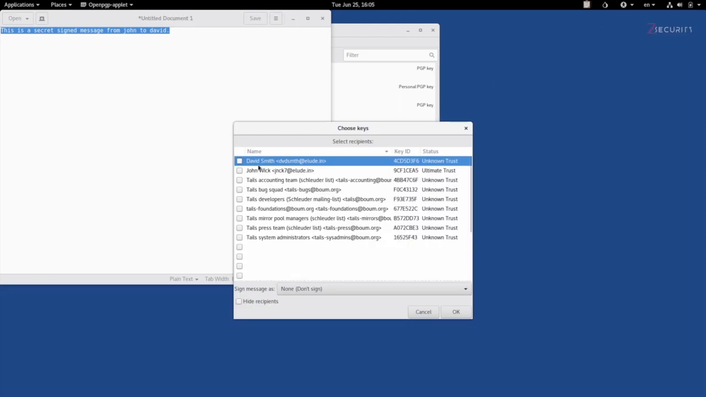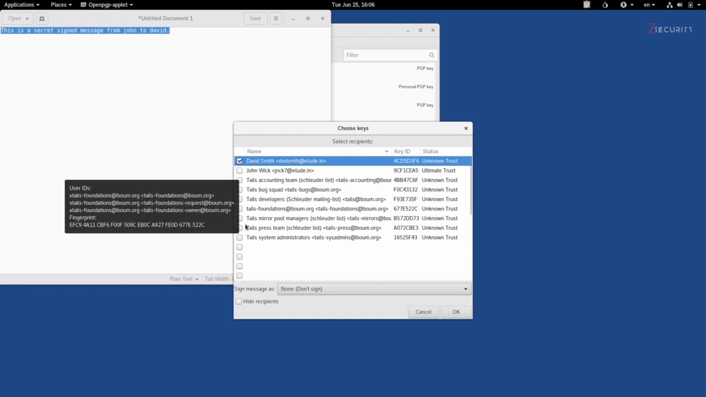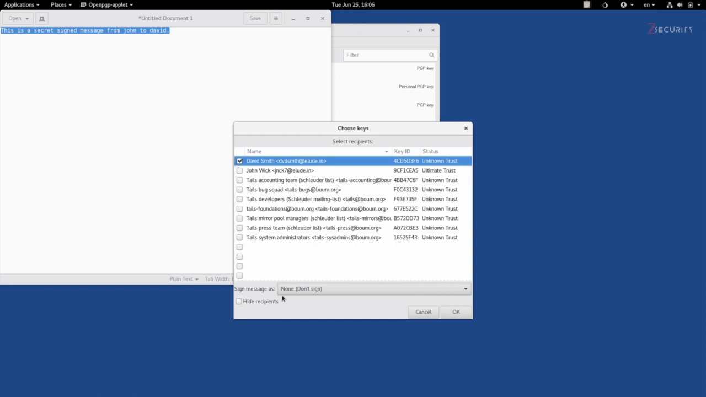Next, we want to select the public keys that we want to encrypt the message with. And like I said, I'm sending this message to David, so I'm going to tick him. You can also tick John if you want to be able to decrypt your own message. And unlike what we did in the previous lecture, before clicking on OK, I'm going to go to Sign Message As. If you click on this list, you will see a list of all of the private keys that you